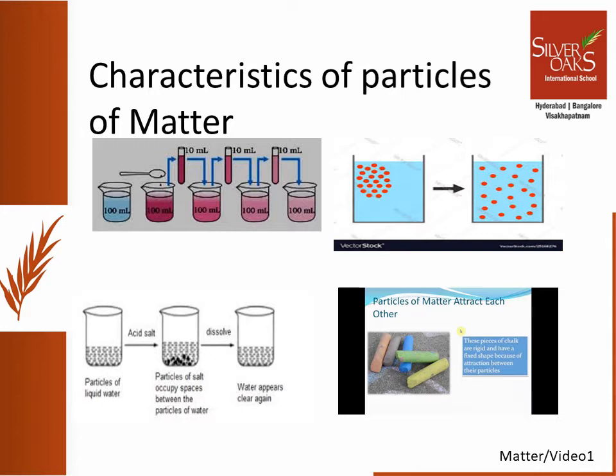We can prove this by doing this experiment. You must have tried it during your summer vacation tasks. We take 100 ml of water and add 2-3 drops of potassium permanganate, or you can take ink also, or any other colored substance into it. From this 100 ml, we take 10 ml and dissolve it in another 100 ml of water. We take 10 ml from this and dissolve it in another 100 ml. And we take 10 ml from this third beaker and dissolve it in the fourth set of 100 ml water.